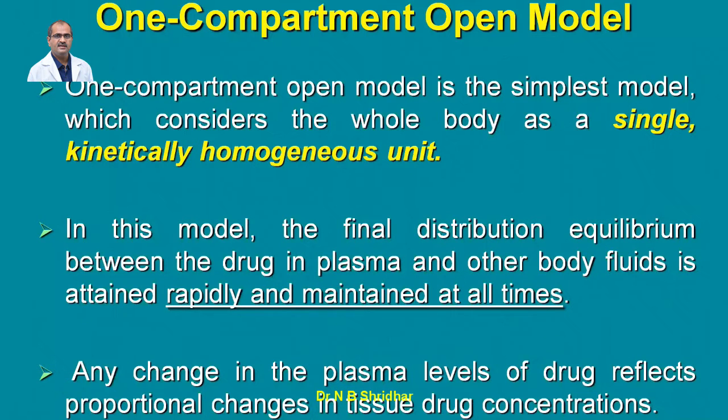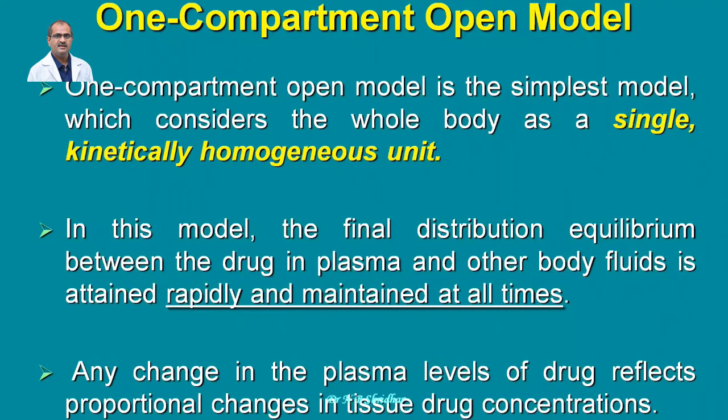There are, as such, no very strict compartments in the body. It is a statistically imagined thing that the body has one compartment, two compartments, three compartments, and compartment-less models. These compartment models are especially for the calculation of drug distribution, excretion, and metabolism properties, especially whenever the drug is injected into the body.